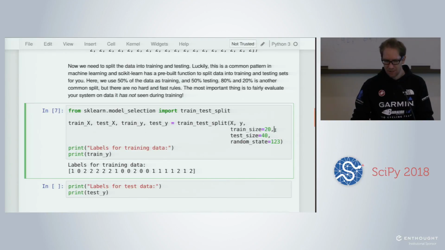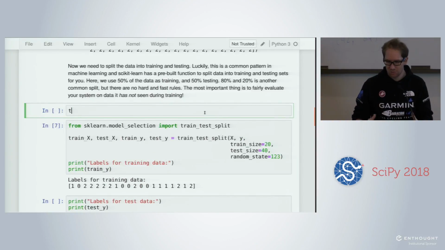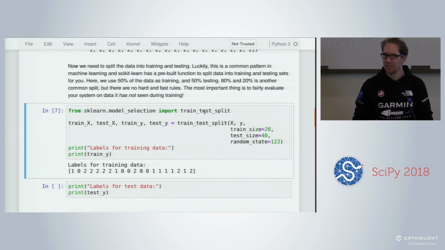So you might say, okay, I don't need Scikit-Learn to split my data into training and testing. I can just slice a portion of my data for training using NumPy slicing. The problem is that if you are not careful and you forget to look at your data, you might have only the zeros in your training set, because you did not shuffle your data. And that's what the tools of Scikit-Learn allow you to do. They allow you to do a proper splitting, without taking care of those things.